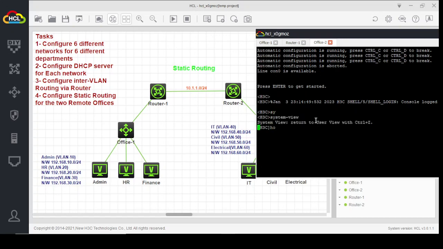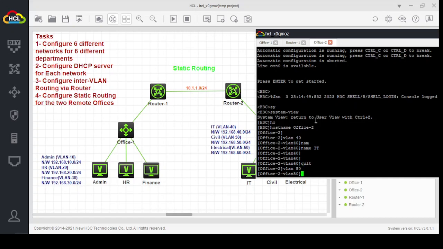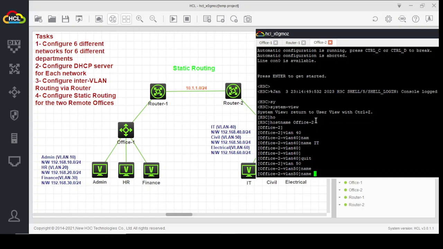System view, host name office 2. We will configure our VLANs first. VLAN 40, name IT, quit. VLAN 50, name